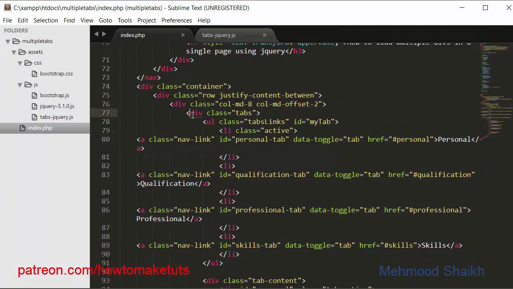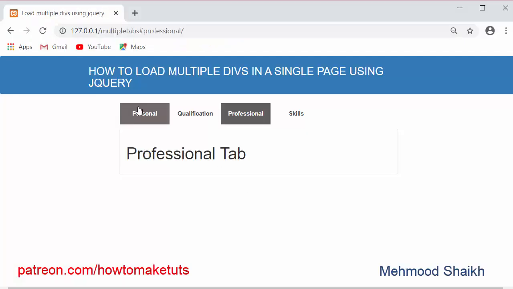Now inside this div I have created a div with a class tabs, and then I have created a UL with a class tabs links. To this I have given the id myTab, and inside it I have created links with a class nav-link, id personal-tab, data-toggle tab, and then I have given it an href of personal. What it means is that whenever I click on this personal link, I want to load the div with the id personal.